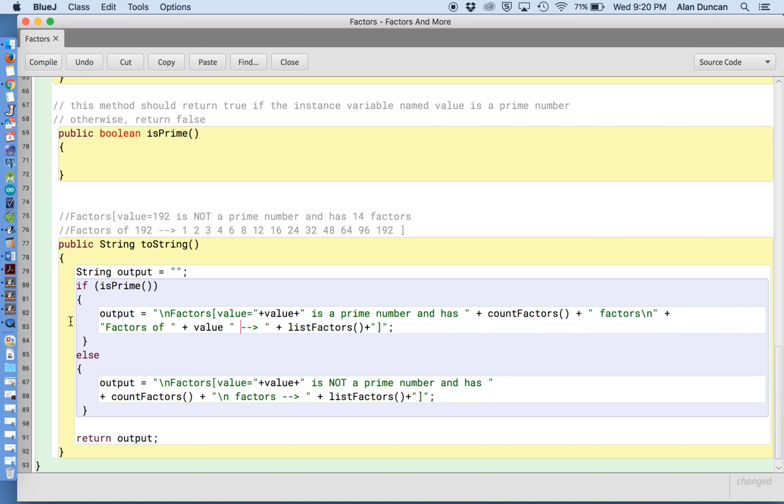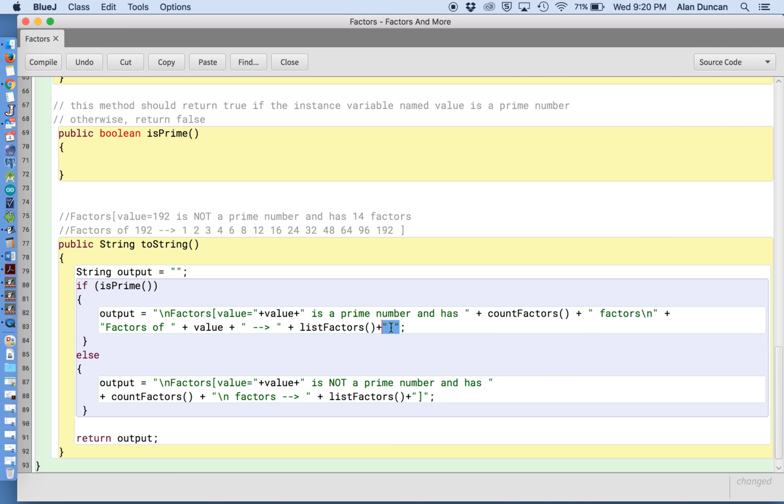So it should read factors of 192, in this case factors of the value, space, need another concatenation, a plus here, the string dash dash greater than, plus all of the factors,